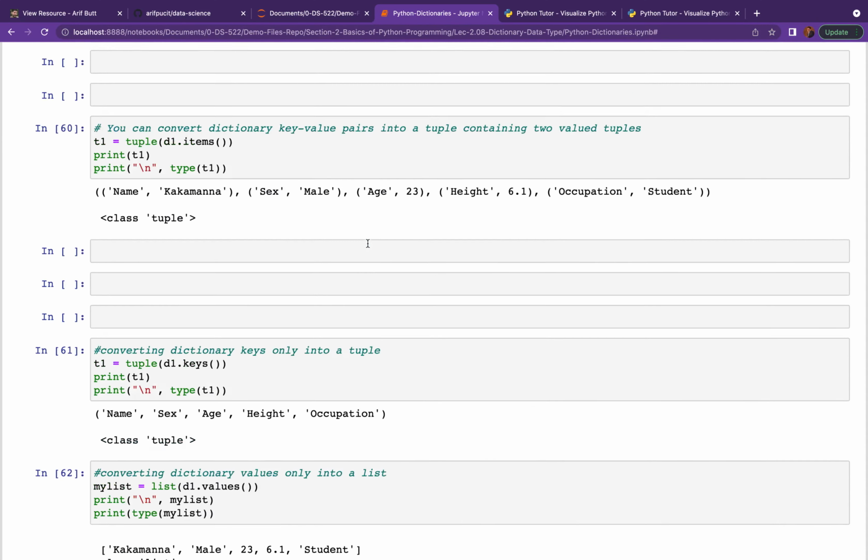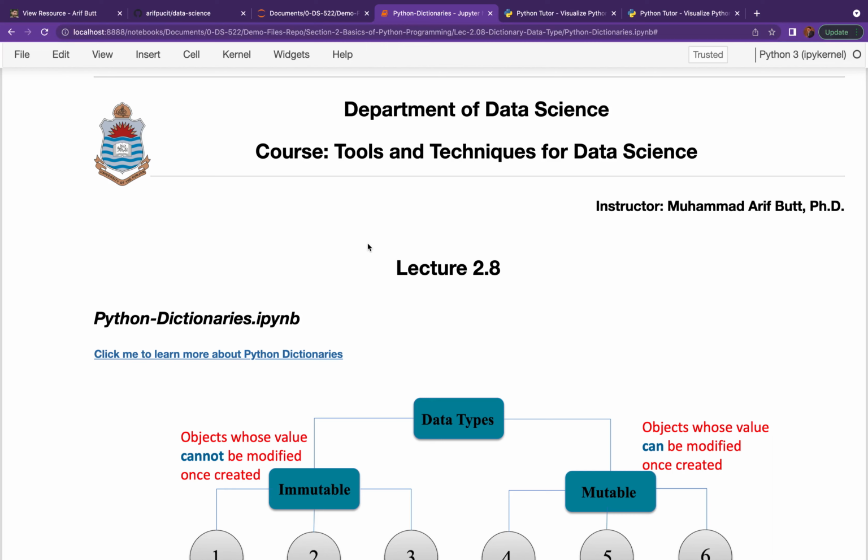Okay, so my dear students, please do make changes in this notebook file. Play with the given sample code snippets. Wherever you have an issue, load it in Python Tutor, visualize it. Let your curiosity run wild and see what Python dictionary data structure is capable of.